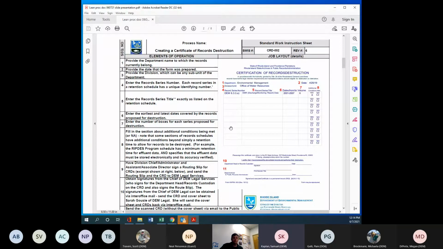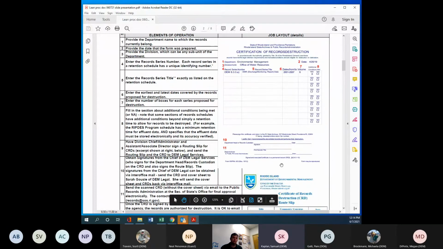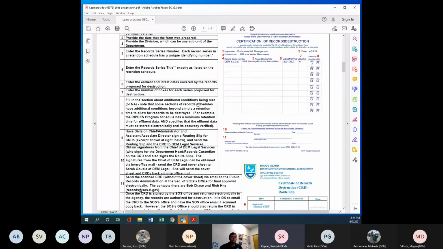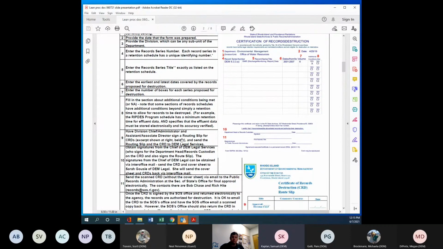that task. So if I were to go to my chief, or my administrator as he's called, and say we have these records we'd like to destroy, he would have the confidence to sign off on the cover sheet, knowing that I had taken these steps on the SWIS. It also creates expectations for what staff members do on these processes, so there's the ability to delegate tasks further down the organization, which empowers people and frees up decision makers and managers for higher value activities. It really frees up everyone for higher value activities when the same process takes less time and is